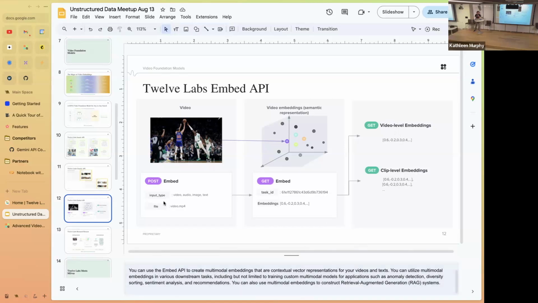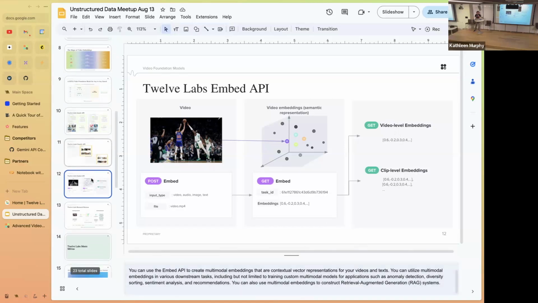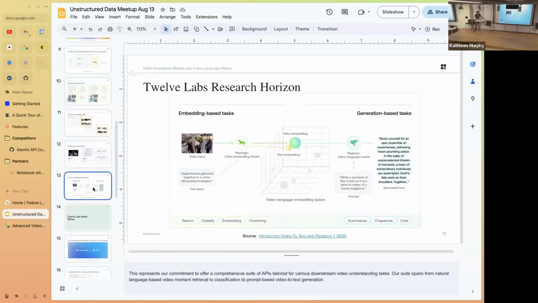as well as interesting RAG workflows, which I'm going to talk about in the next couple of slides. Before showing a quick example of how the code looks, I just want to give a high-level slide talking about the research horizon at TwelveLabs. I do mention this Marengo model. We also have another model called Pegasus, which is a video LLM that can generate summaries and chapter highlights from the video itself. So as a company, we focus both on the embedding-based tasks of search, classify, and clustering, as well as the generative-based tasks, things like video question answering, video chapterization, video chatbot, etc.